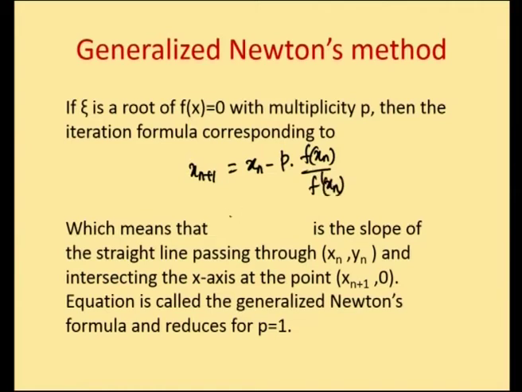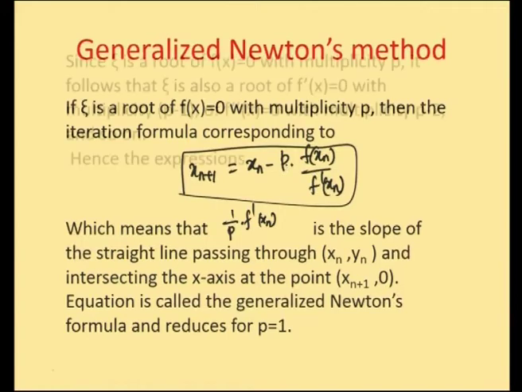Here 1 by p into f dash of xn is the slope of the straight line passing through xn, yn and intersecting the x axis at the point xn plus 1, 0. So, this equation is called the generalized Newton's formula,